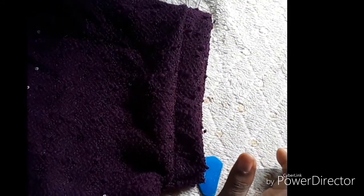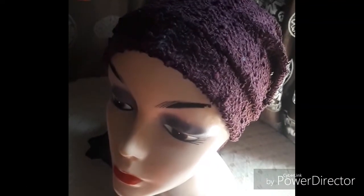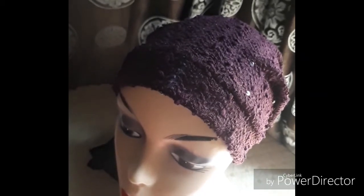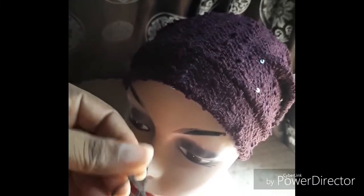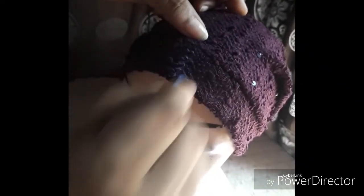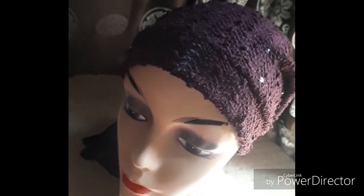So having turned it inside out, you get your mannequin. So you wear your turban on your mannequin for the pleating proper, okay. You get your matching thread and your needle. Okay, this is our mid points. Try not to miss your mid points. Okay, and then you start pleating